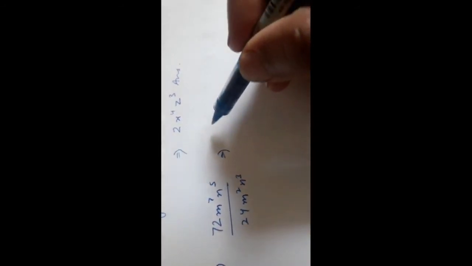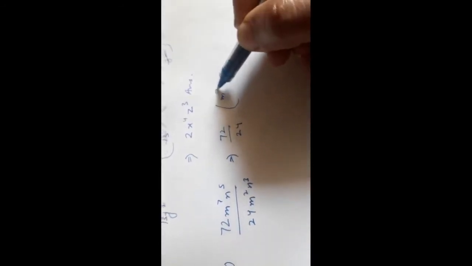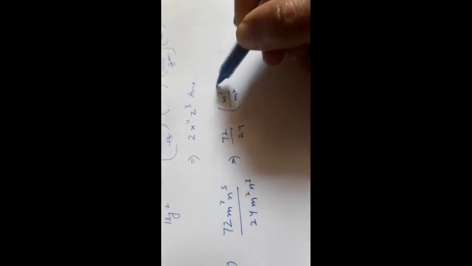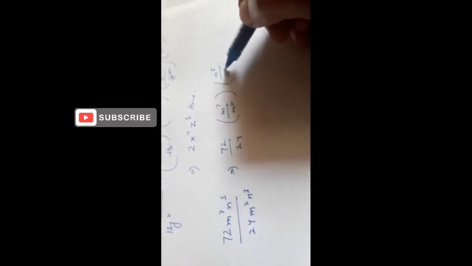Now come to the sixth part of question number 1. So sixth part is 72 m raised to the power 7 n raised to the power 5 by 24 m square n cube. So 72 by 24, m raised to the power 7 by m square, n raised to the power 5 with n cube. Now this 72 by 24 will get cancelled. 24 ones are 24,